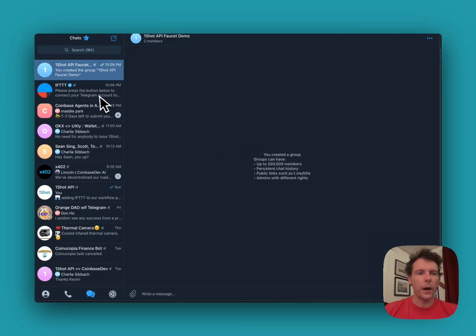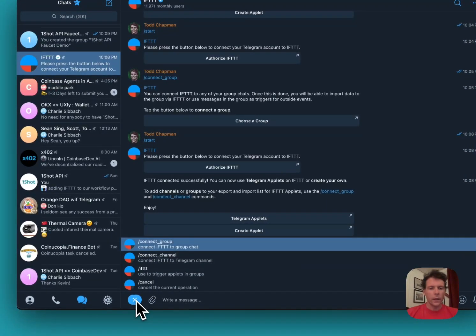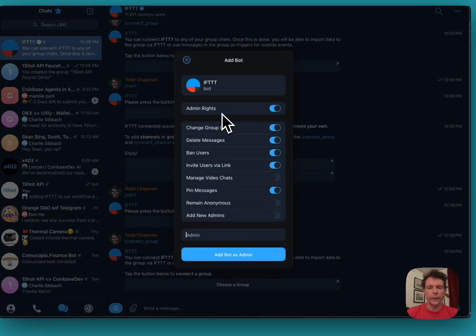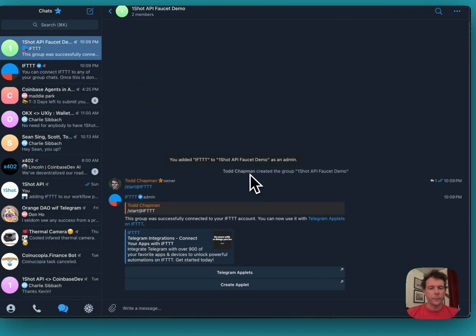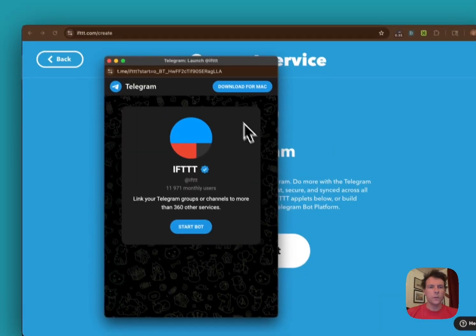Okay, now we have the group. We have to connect the bot to the group, even though the bot is already a member of the group. Let's come back over here to the bot and run the connect group command. So we'll choose the group, the one we just created. We don't actually need all of these permissions. We just need it to be an admin. So let's add the bot as an admin. And you can see now that it sent us a message that, hey, you're ready to go. So let's go back over to